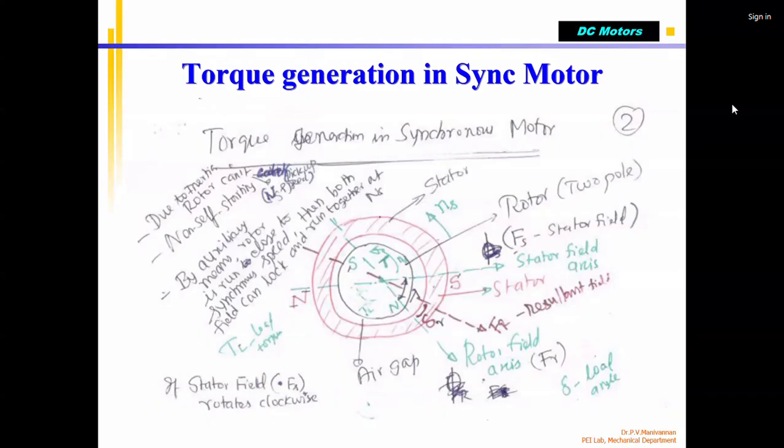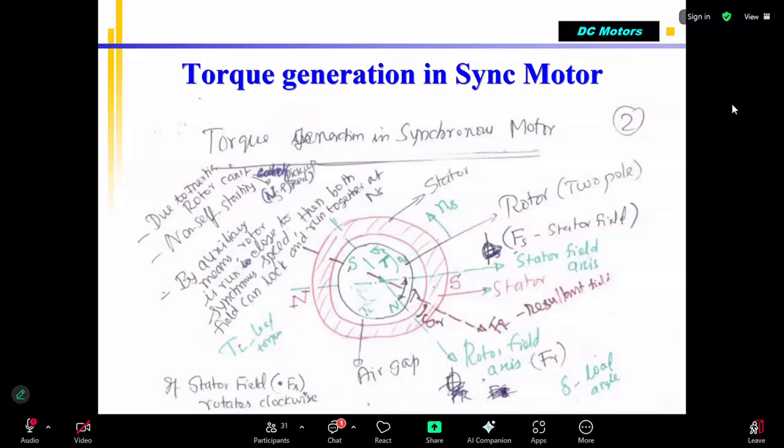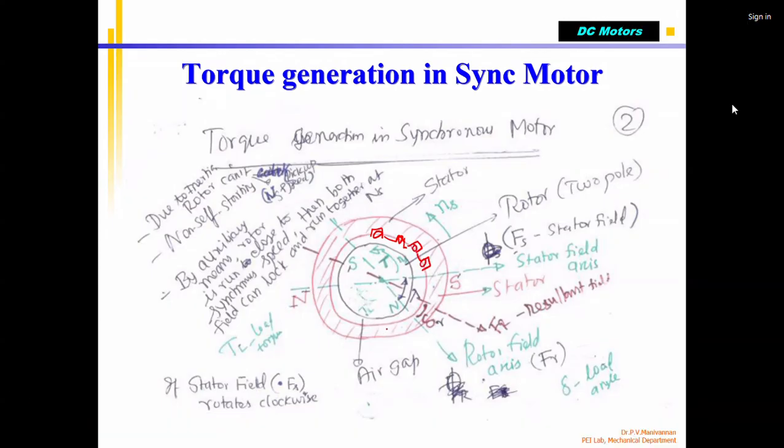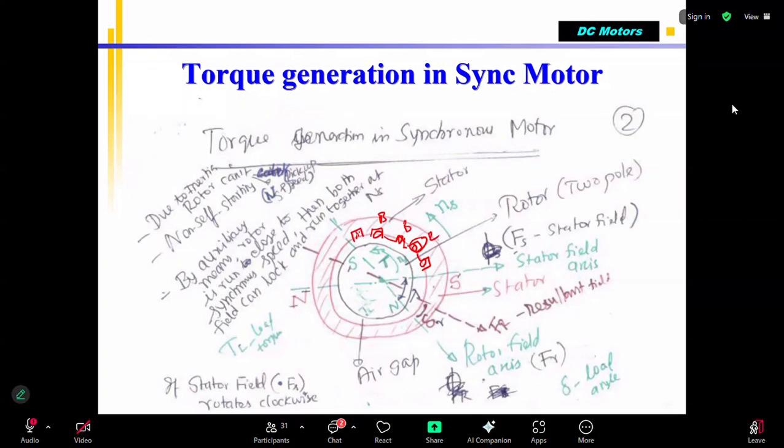Correct? You have grooves. I will show something like a physical motor in the next class. There will be a lot of slots in which the coil will be put. Laminated grooves, in which the three phases will be throughout the body. Correct? And they alternate: this will be red phase, this will be blue phase, green phase. Again red, green, blue. The coil will be inserted so that when voltage is given, the rotating magnetic field